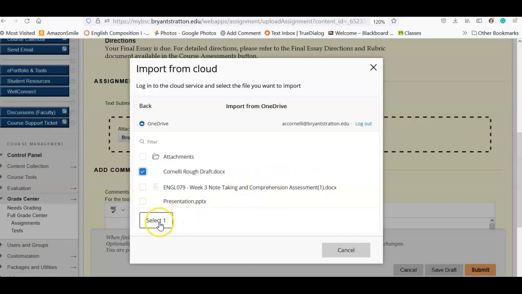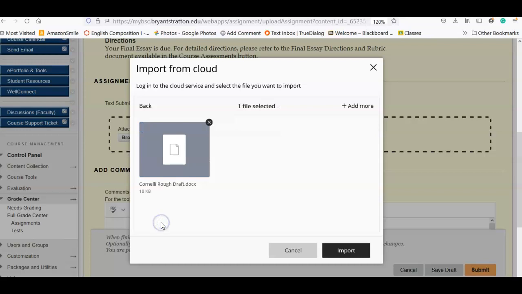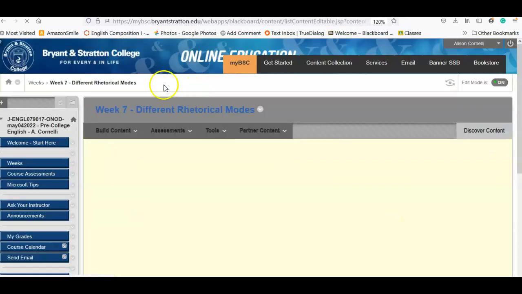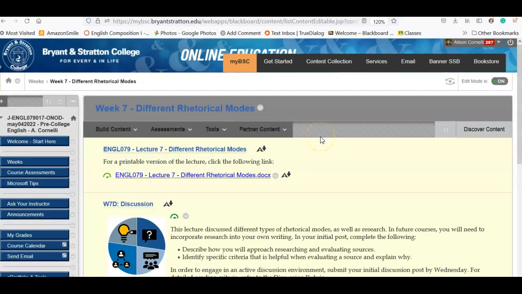And then I would select that. And then I'm going to say import. And then I'm going to see that file again. You have to have that file there for it to be able to show. And then the last step, of course, is you have to hit submit. If you don't hit submit, then I'm not going to be able to see it. Okay. Of course, I'm going to cancel because I'm not actually attaching that.